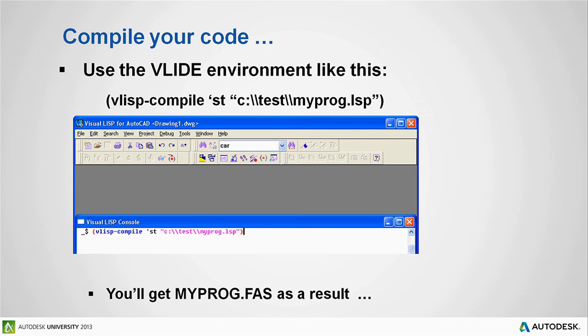Here's the syntax: open parenthesis, vlisp-compile '*st, which means standard mode. You then put in the name of the LSP file that you wish to compile. Depending on the size of the Lisp file, it'll run for a few seconds. And the output you're going to get, in this case, was myprog.lsp. You're now going to have a file sitting right next to it,